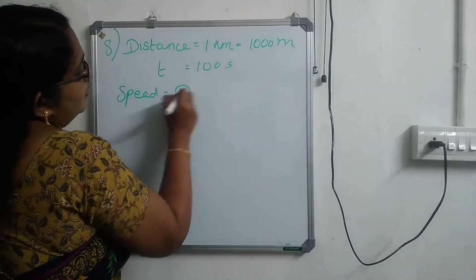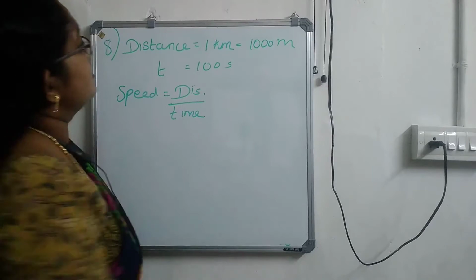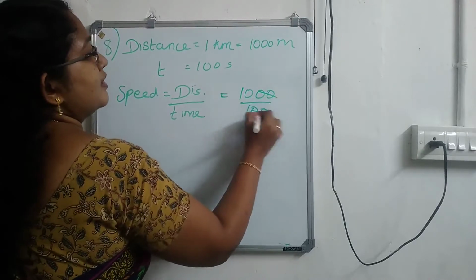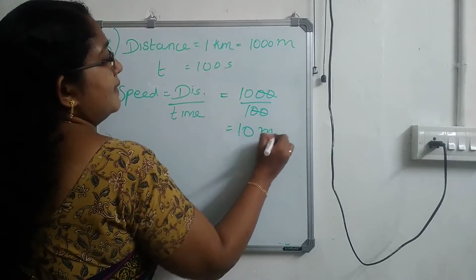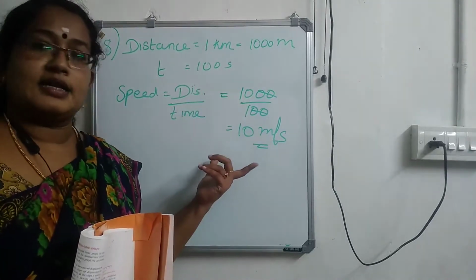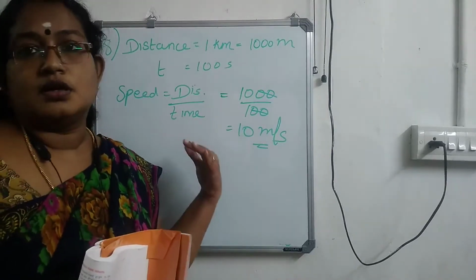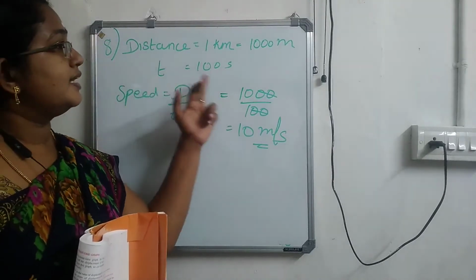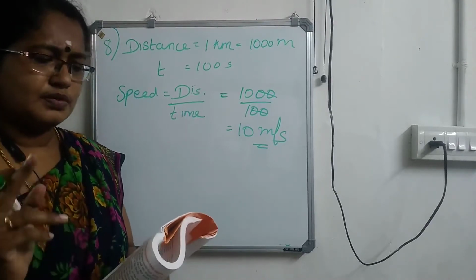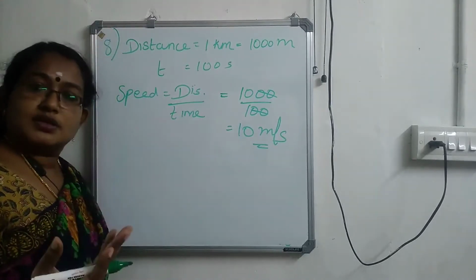So what about the speed? Speed is equal to distance. In all the cases, please write the equation. Okay. Speed is equal to distance by time. So 1000 divided by 100, which is equal to 10 meter per second. If it was in kilometer and second, our answer won't be correct. You have to write it in kilometer per second, and that unit is not a proper one. So it's better to convert it into meter. Okay. So 10 meter per second. Now, what is the speed and the velocity of the car? In this case, they didn't say anything about the displacement.